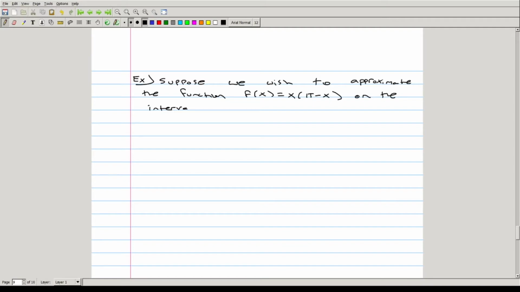Suppose we wish to approximate the function f of x, where f of x is the function x times pi minus x on the interval from 0 to pi